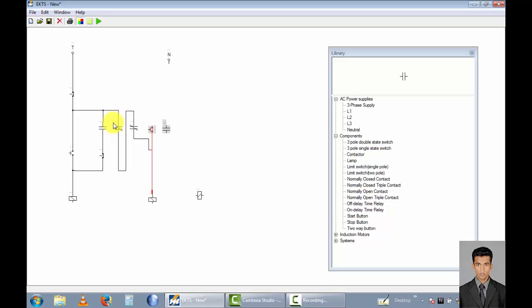So we can identify K2. I take this switch, this one, and I combine this terminal to this one, and I want another normally closed contact point for the K2 contactor, rotate 90 degrees, and I want a start button for the K3 contactor,